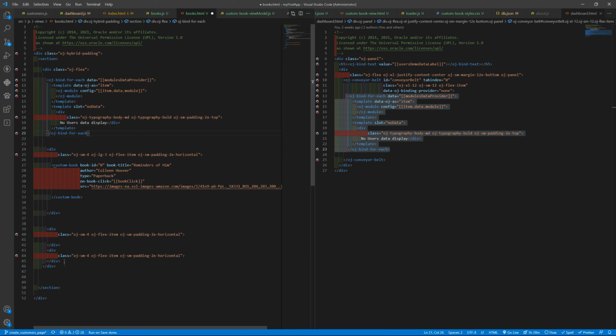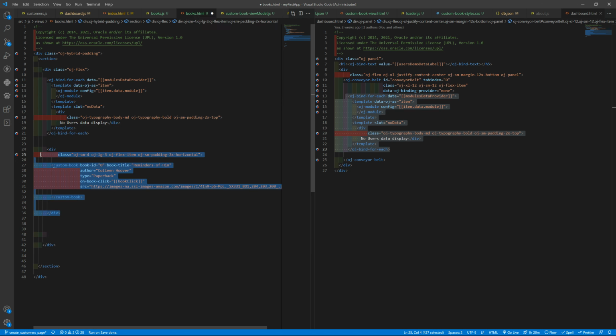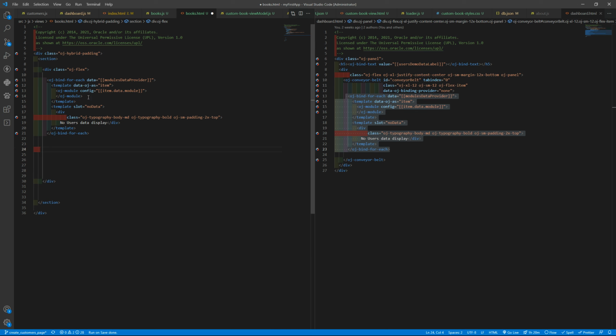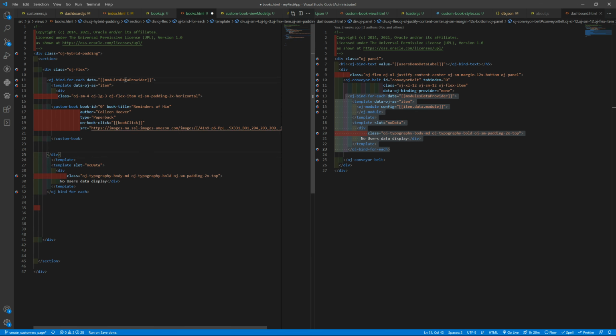Let me just delete that. And what we want is div, and instead of a module is the div, and here is the books data provider. We are going to iterate,